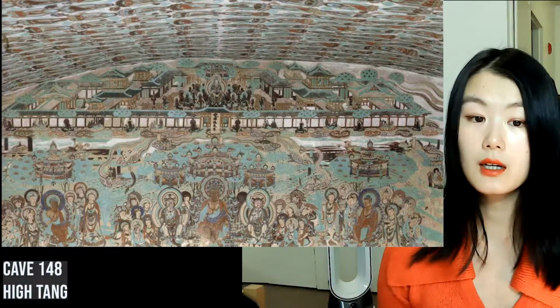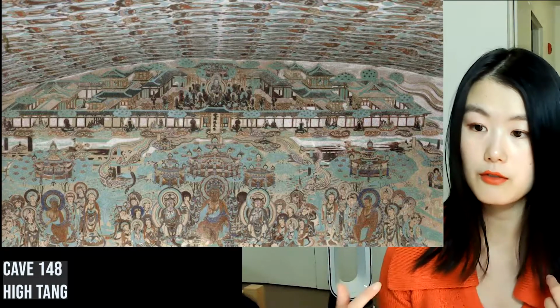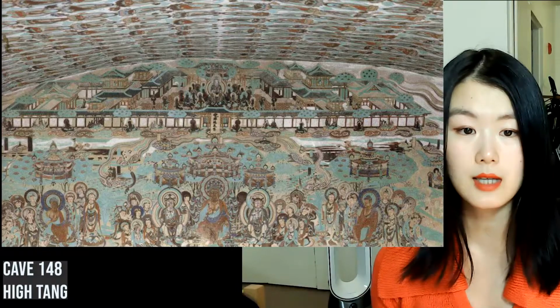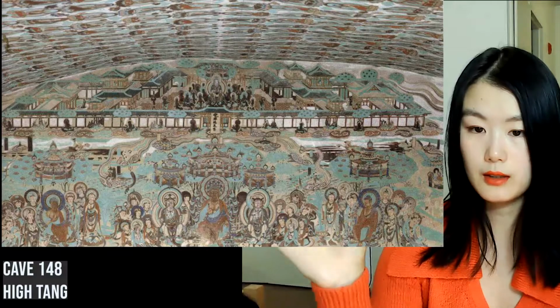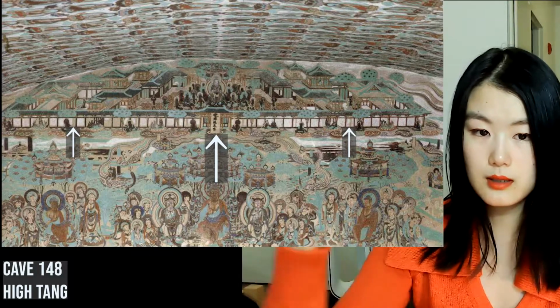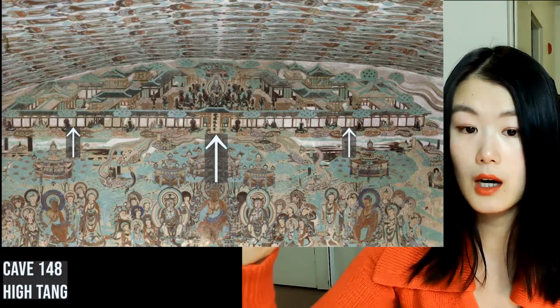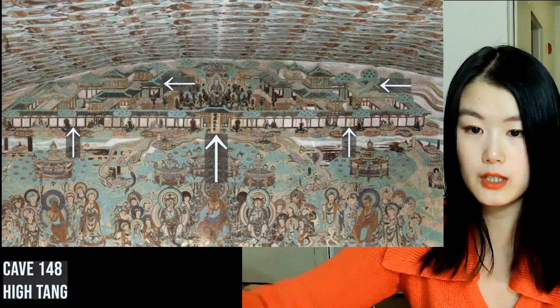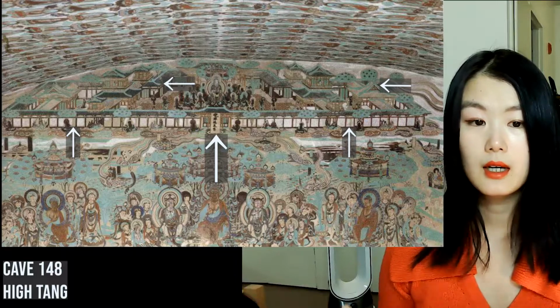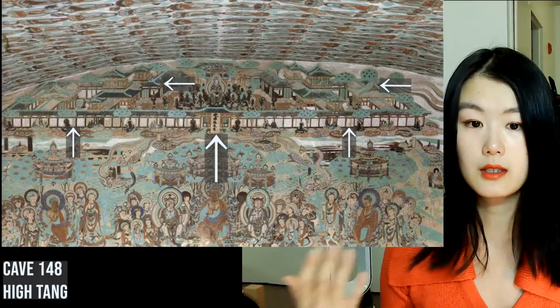And in many cases, I think there's reason to believe that the actual temples that are depicted are more grand and more elaborate than their depictions on the wall paintings. So here I'm showing you a depiction from cave 148, also dated to High Tang. We see a large compound in the middle and one small compound on each side. And here, actually, we see some further divisions on each small compound, dividing the small compounds into the front portion and the back portion. So we can say maybe a total of 5 compounds or courtyards are depicted.